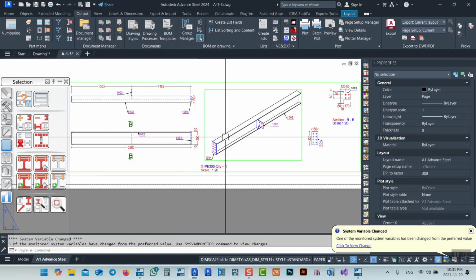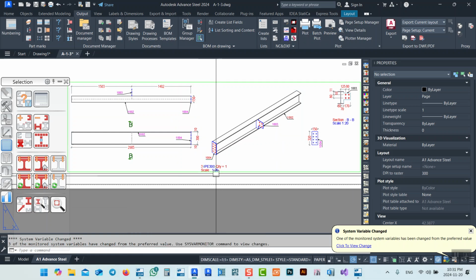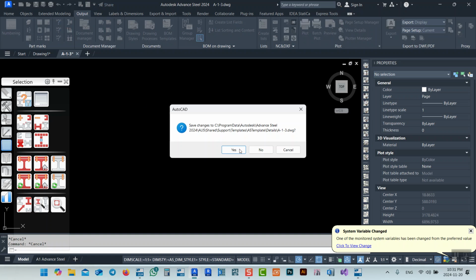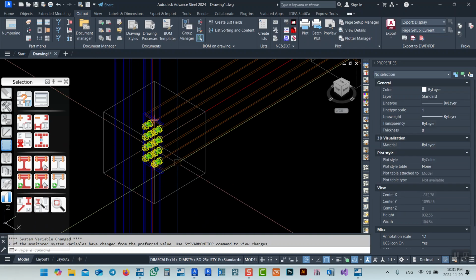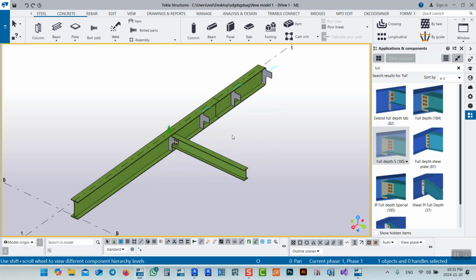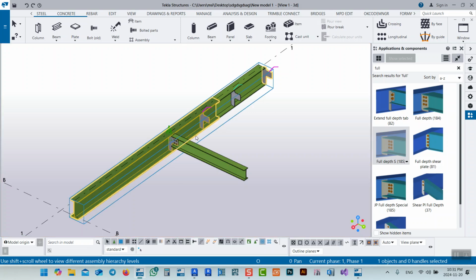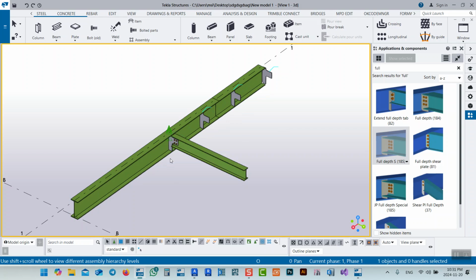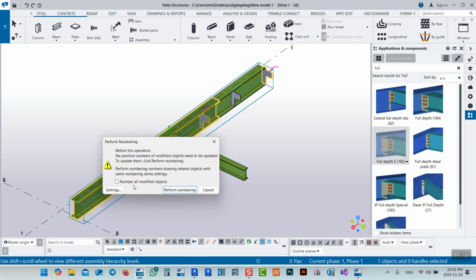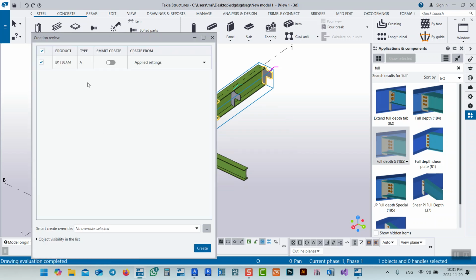As you see, we could do this. Let's try this one in Tekla Structures. Now we'll go back and show you if we cannot delete the welding point. Let me try this one in Tekla Structures. For example, as we said, in Tekla Structures we can select like this. Again, maybe you don't see. So let's try to create a fabrication drawing, and which kind of drawing I don't care. Let's say this one,